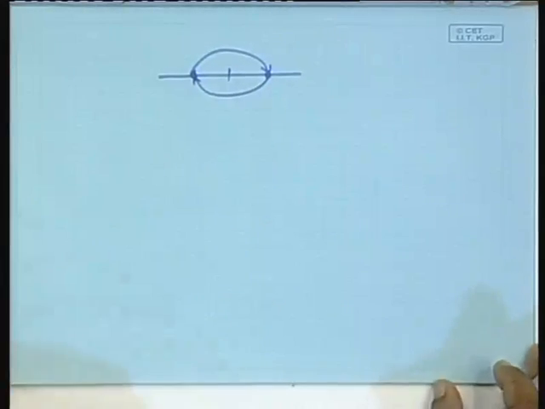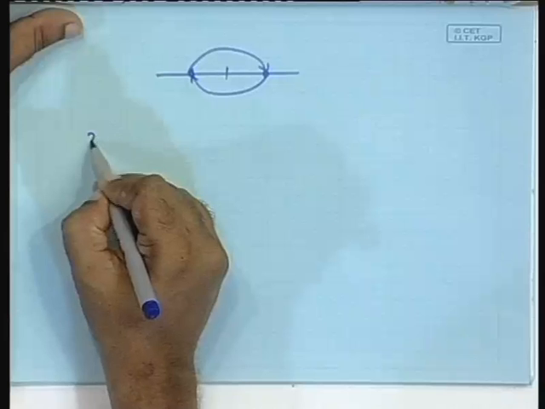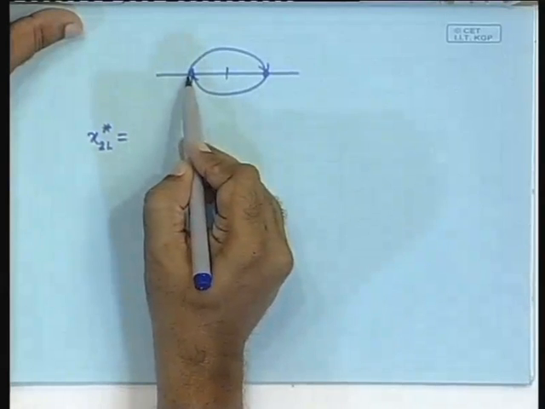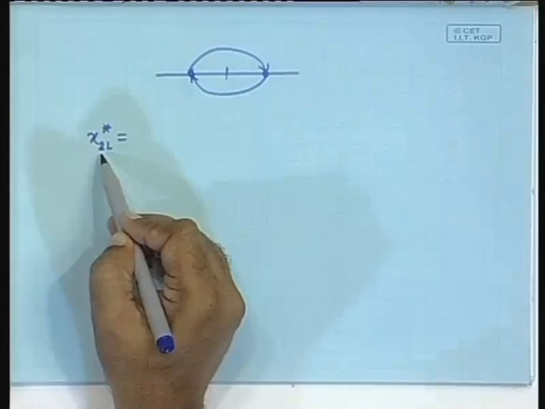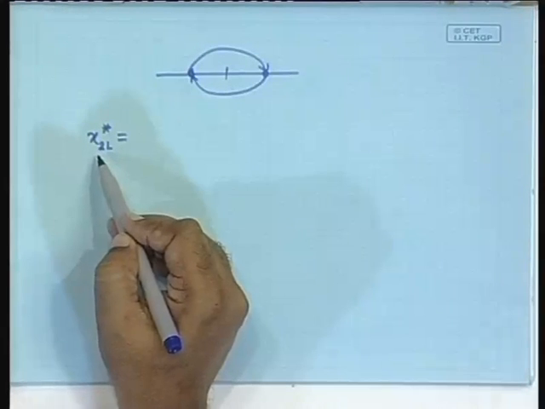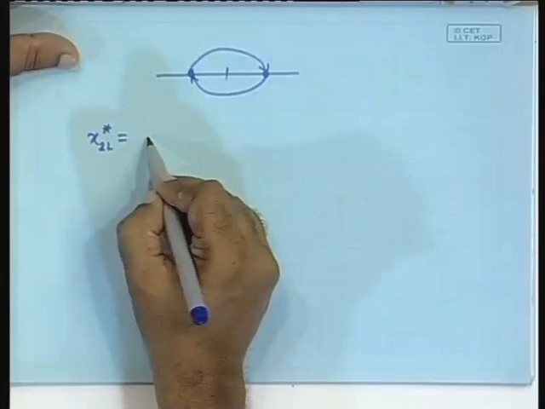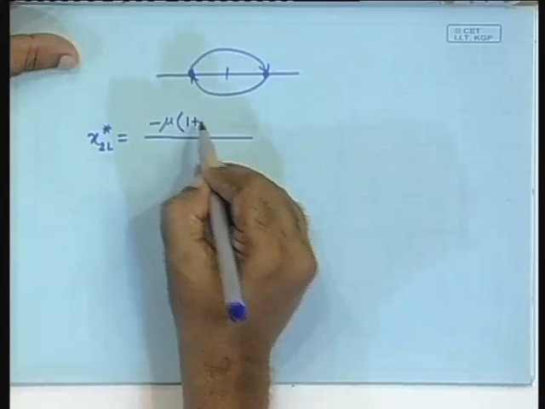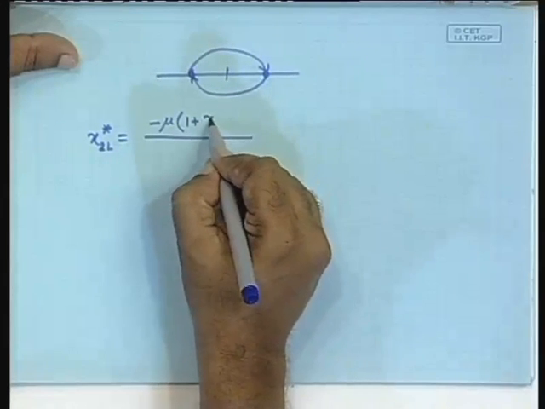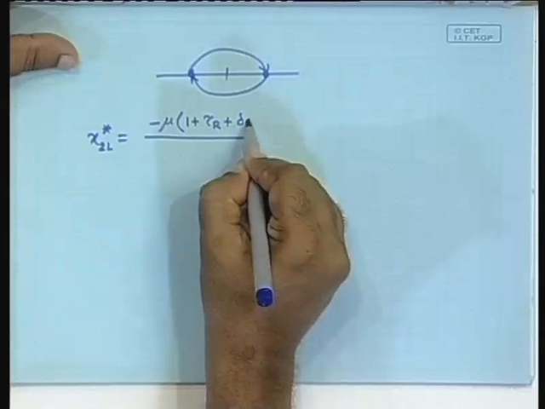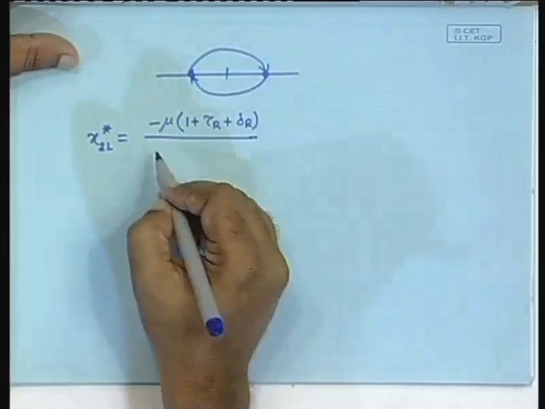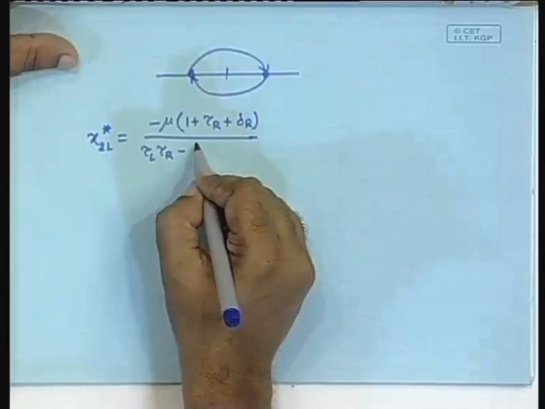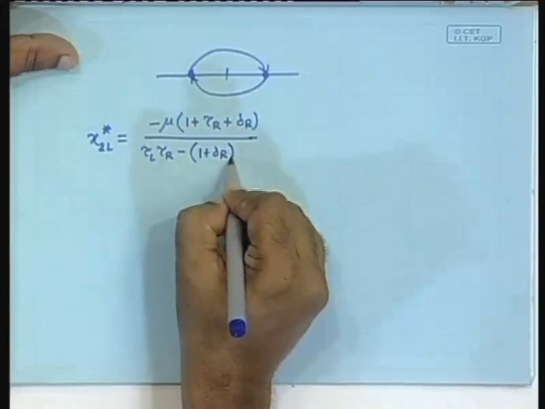If you solve, you will get x 2 l star, the one that is in the left hand side, x 2, that means it is a fixed point of the second iterate map. It comes to minus mu 1 plus tau r plus delta r by tau L tau r minus 1 plus delta r,